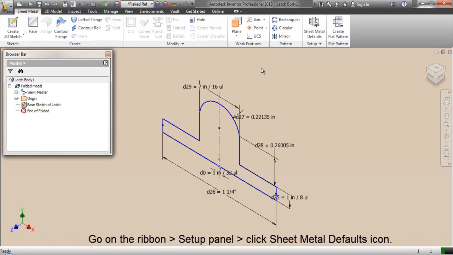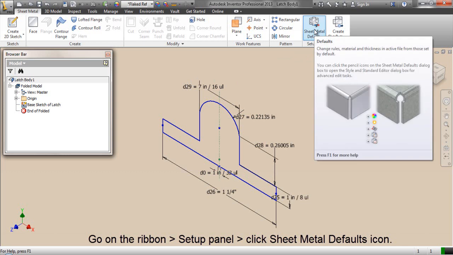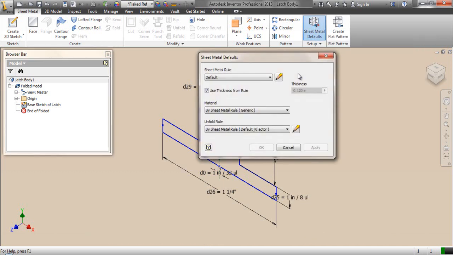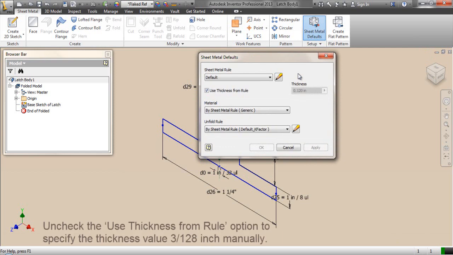Go on the ribbon, then Setup panel and click Sheet Metal Defaults icon. Uncheck the Use Thickness from Rule option to specify the thickness value 3 by 128 inch manually.